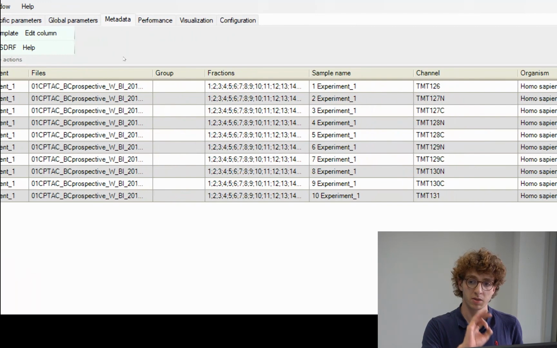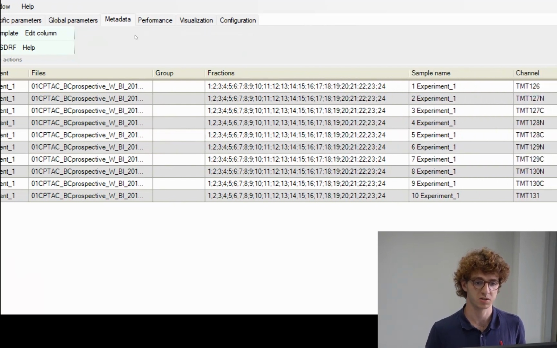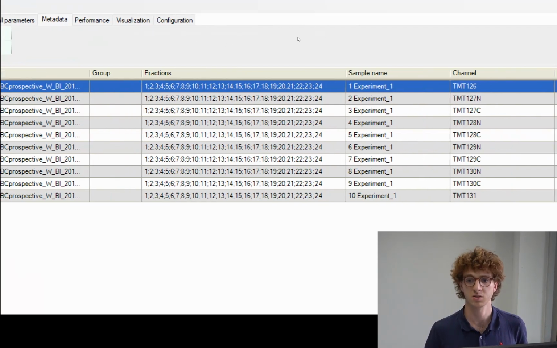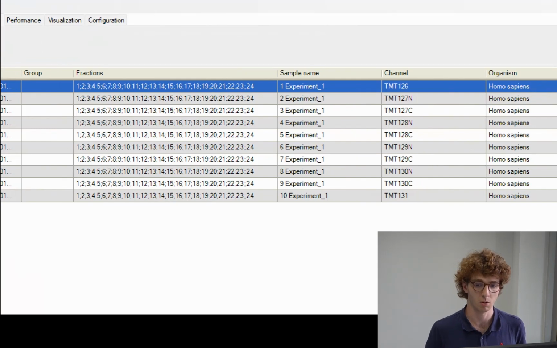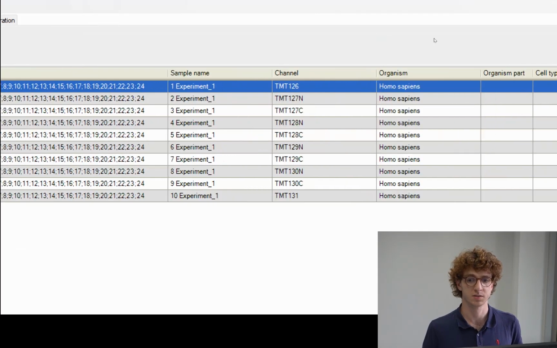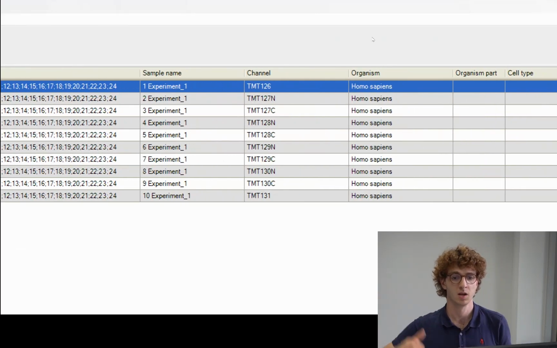And we picked that exact experiment type because we have a combination of fractions and reporter MS2. So in this case, TMT labeling. And here you can see I have all 24 fractions in the fractions row or cell. And also it's split then into each of the 10-plex. So as you can see, I've in this cell 24 fractions, and then in the channel column, I have all the 10 plexes. And what else is automatically filled is once you've added the FASTA files, also the organism,